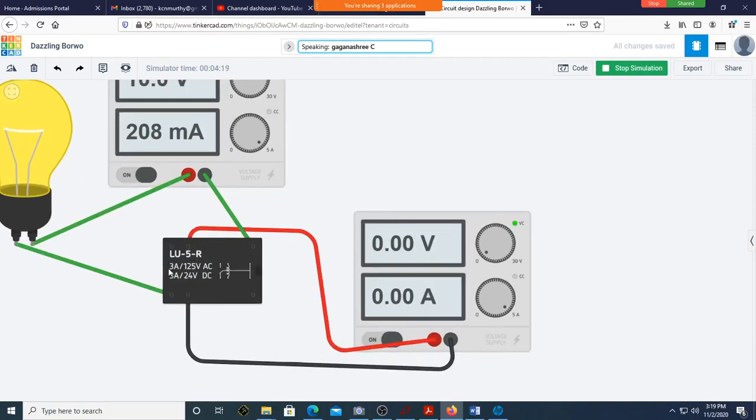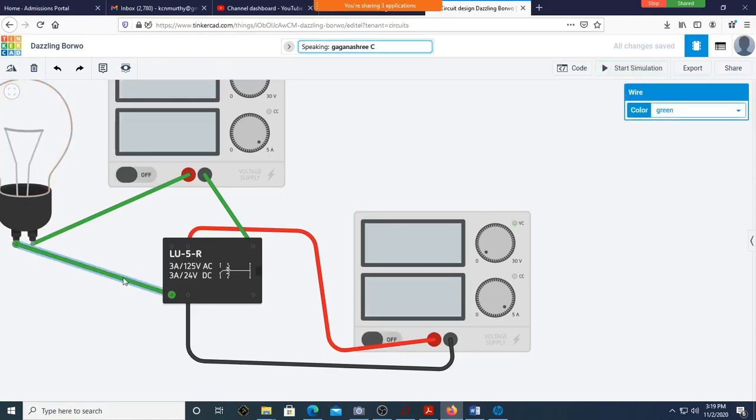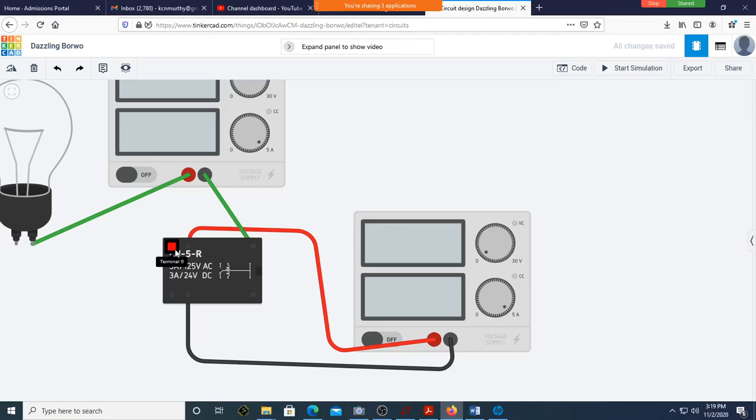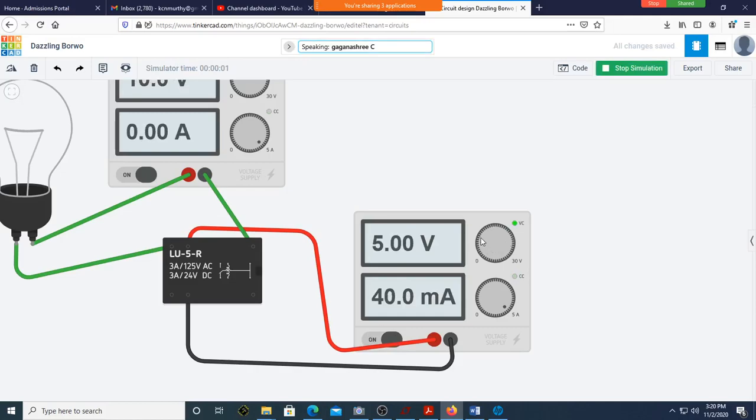Suppose instead of connecting it here, I connect it here. Let me stop this simulation, delete this and connect this wire here. Now what happens? If I simulate with this voltage at 0, what happens? It will not close. Okay, let me make this 0.